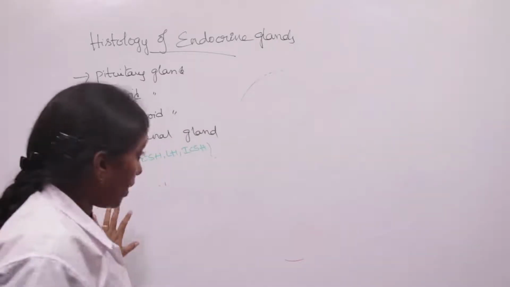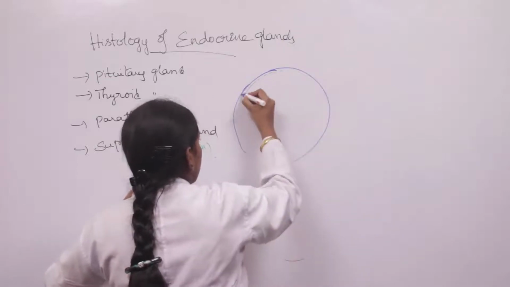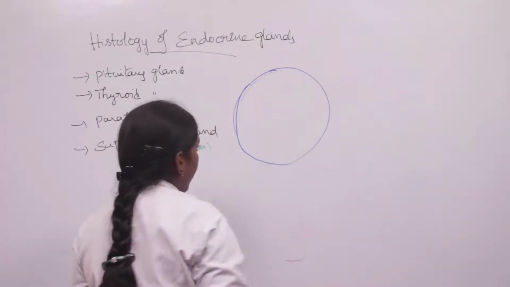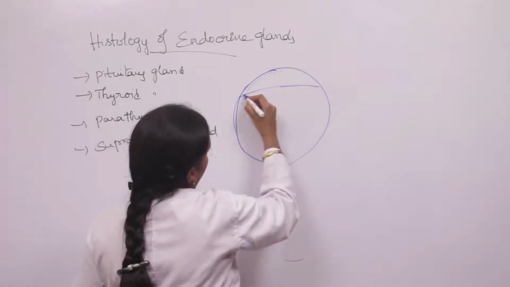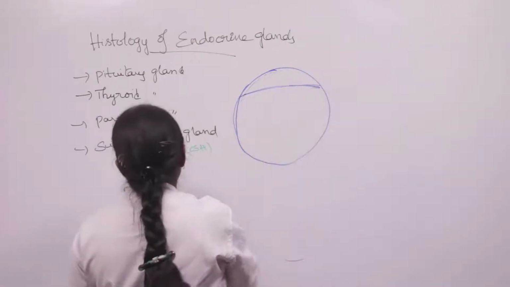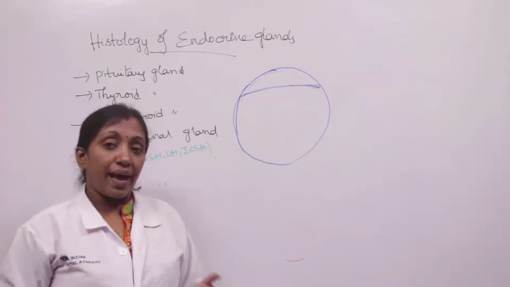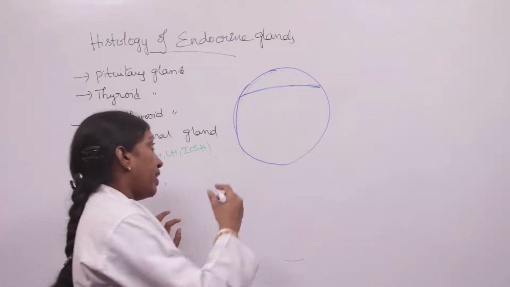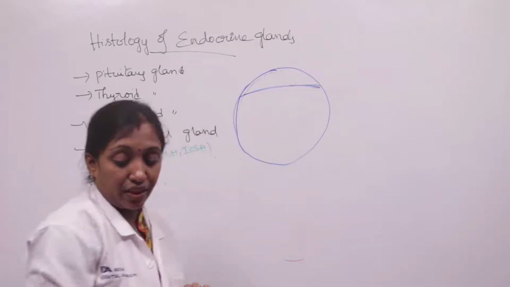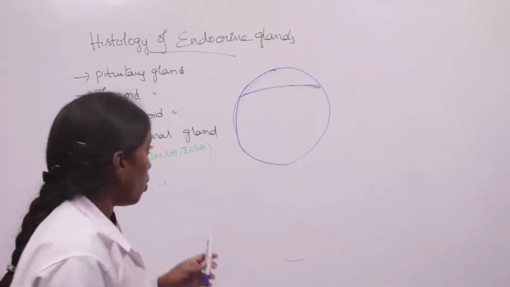Coming to the parathyroid gland. There are 4 parathyroid glands present on the thyroid gland, on the back side of the thyroid gland: the superior parathyroid as well as the inferior parathyroid. When we take the structure of the parathyroid gland, it consists of